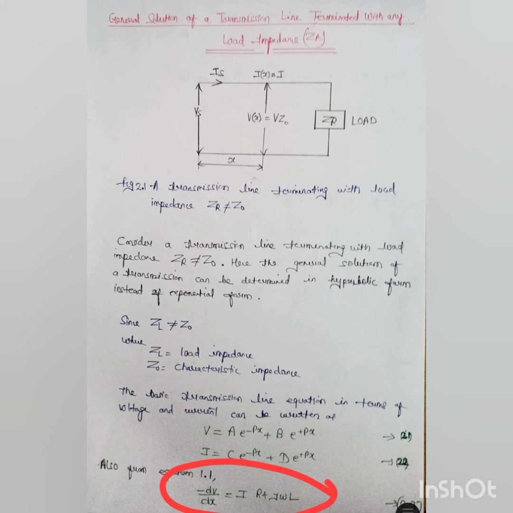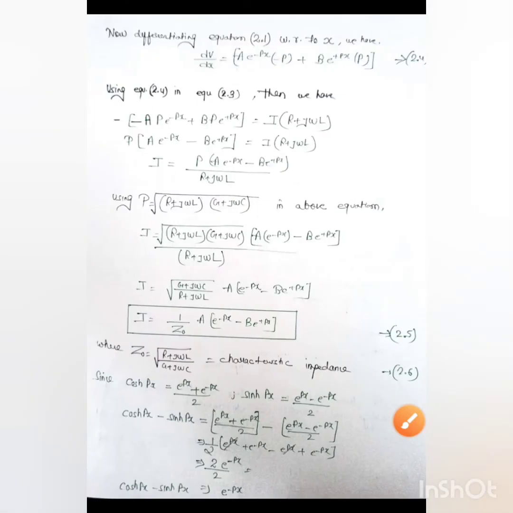Here we have four variables A, B, C, D. This is very complicated to solve for four variables, so we need to manipulate these equations. First of all we have to differentiate the voltage equation with respect to x, and after differentiating we get this equation,